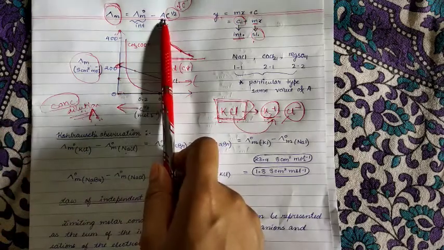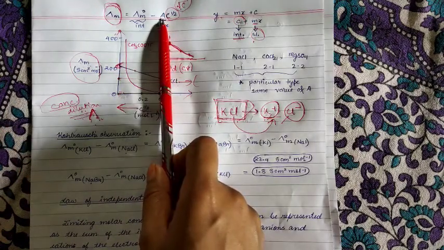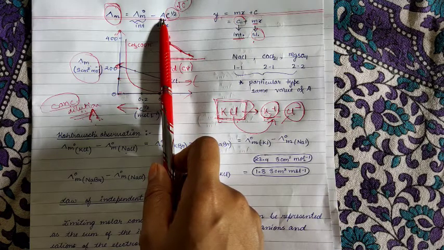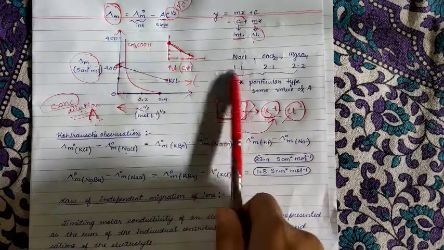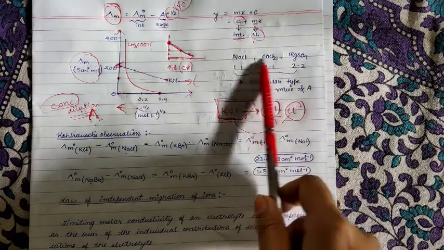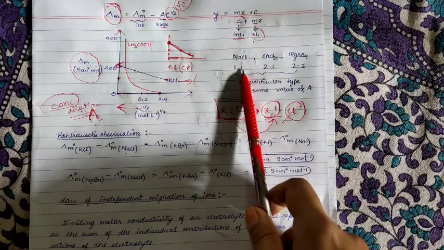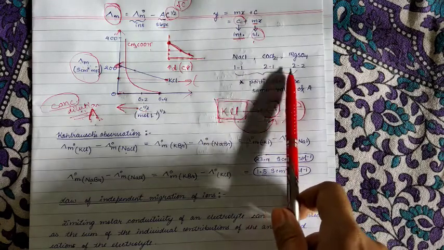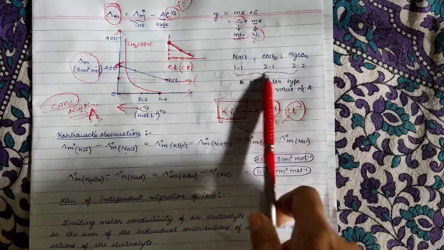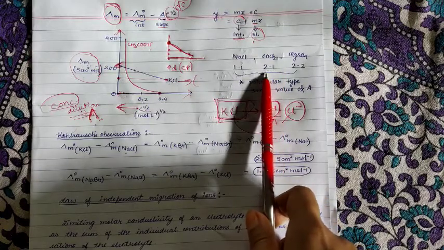The A that you can see here is a constant in the Onsager equation, and this constant is totally dependent on what type of electrolyte that you are using. So I have written here 3 electrolytes and also termed it as 1, 1, 2, 1, 2, 2. So what are these 1 and 2 actually? These are nothing but the charge of the ions that it can produce.